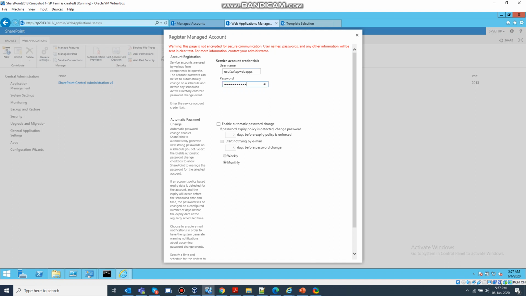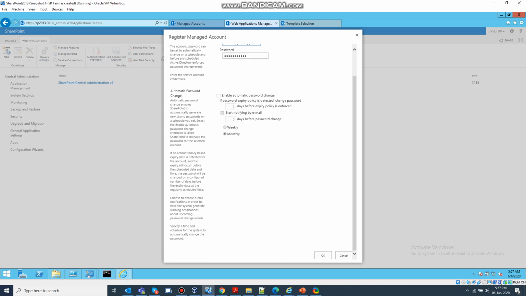We have created this account in the AD with the password never expires policy. If you have not created it with that policy, then you have to mark this check so that SharePoint can handle the password change for that account. Click on OK.